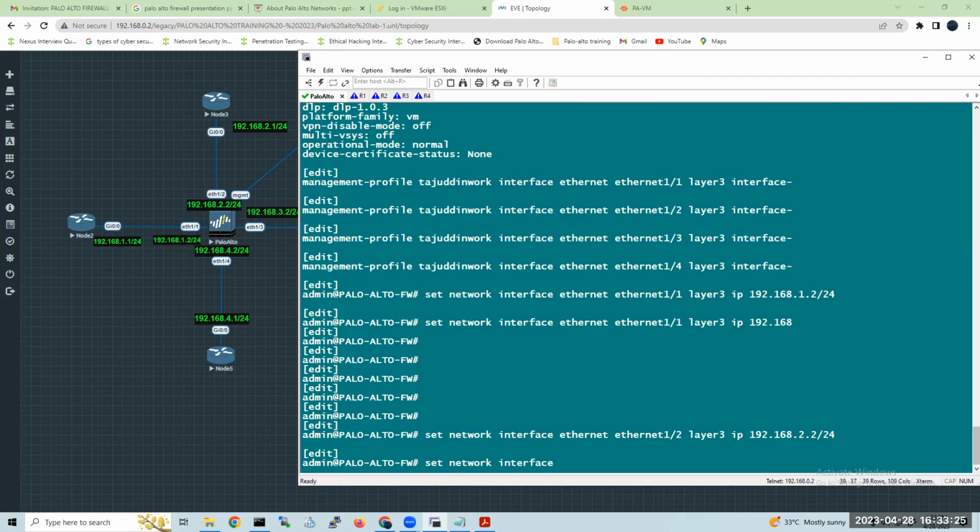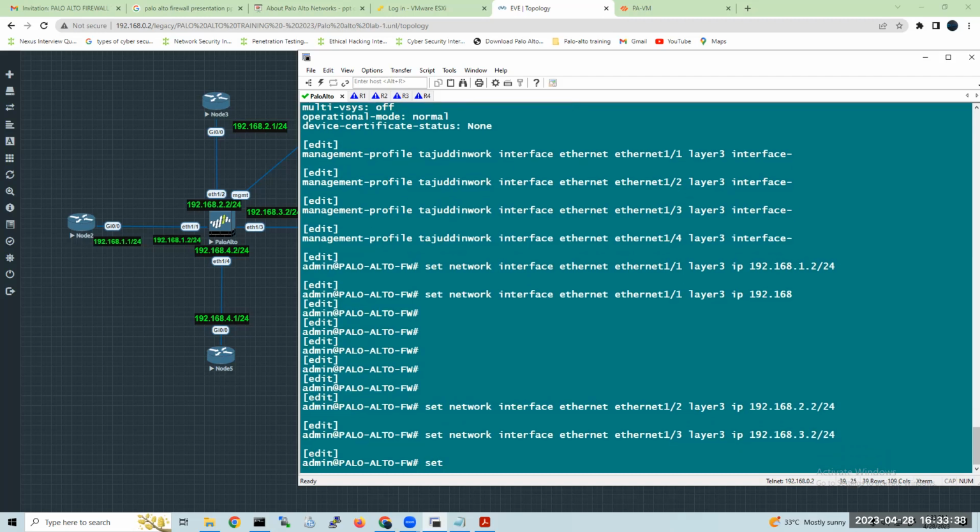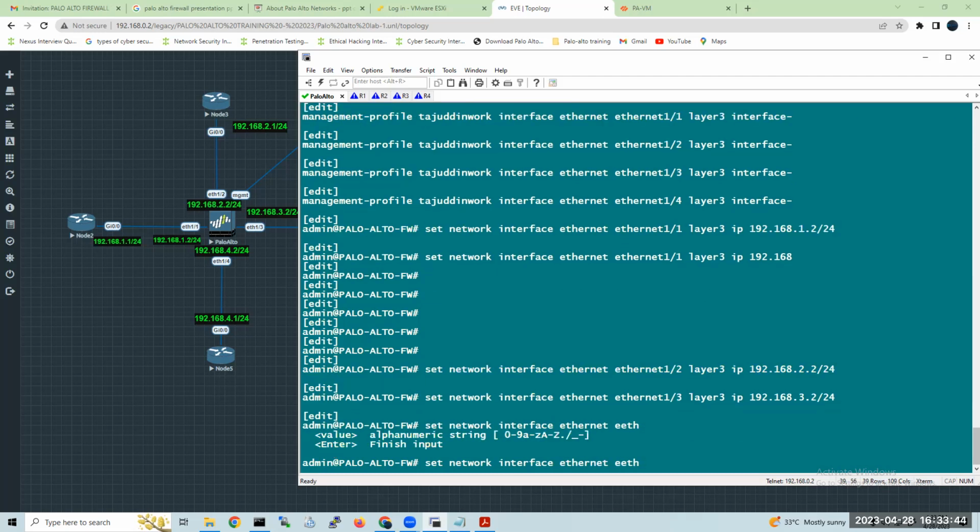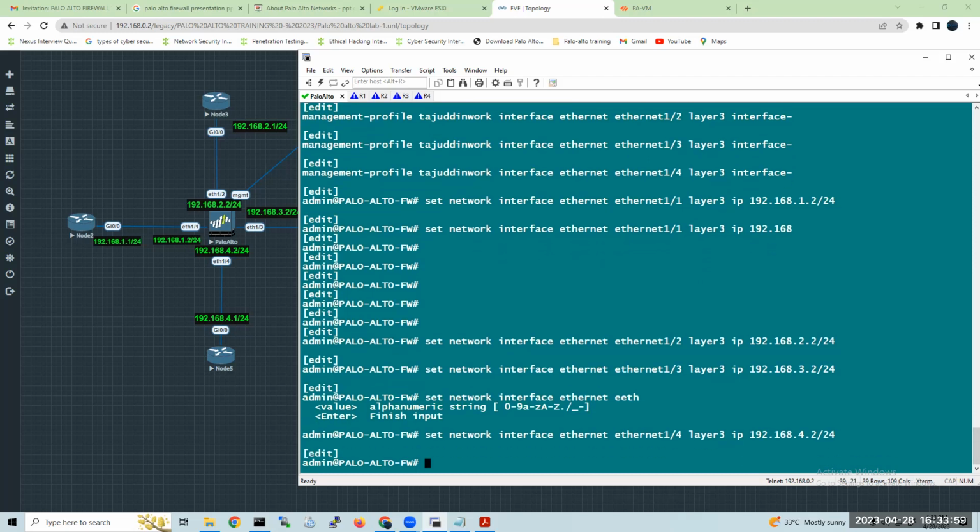Same thing for network interface Ethernet 1/3, layer 3 IP 192.168.3.2/24. Set network interface Ethernet 1/4, layer 3 IP 192.168.4.2/24. That's it. This is how we have to give the IP address.